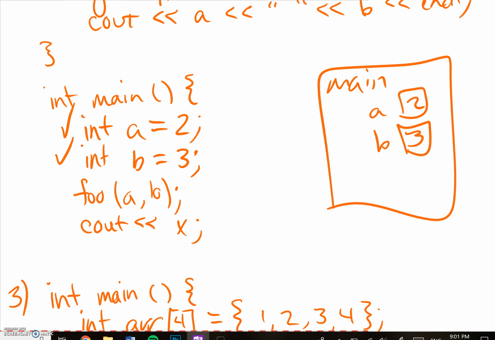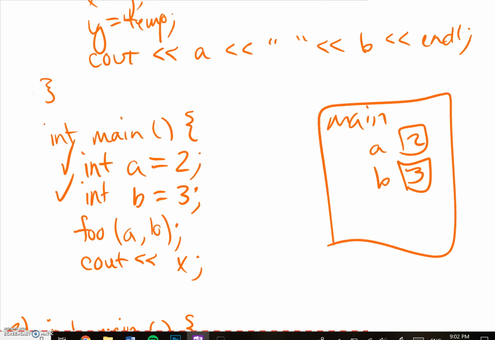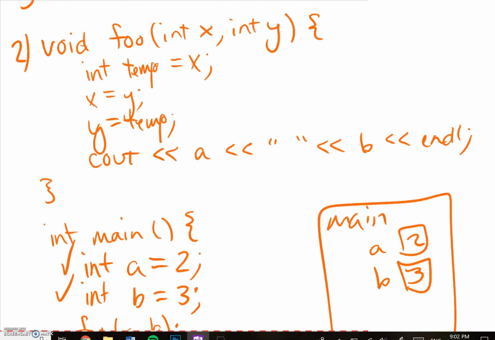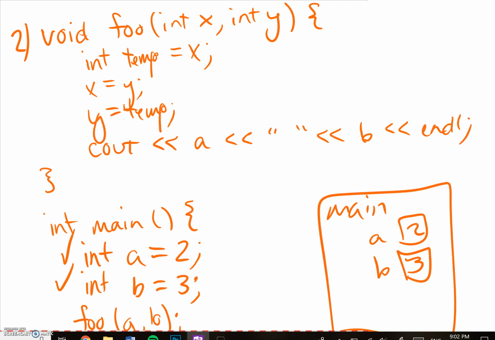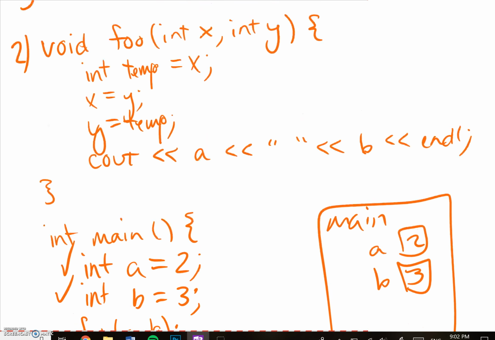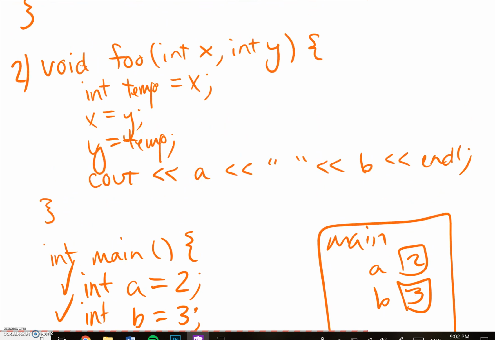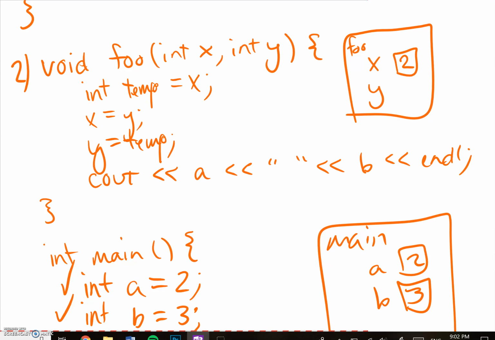Then we call a function that we previously implemented that has two parameters, x and y, so we pass in a for x and b for y. So what this is doing is within another function, so we can say this scope is separate from main. It creates a variable x which has the value of a, which is 2, the variable y which has the same value as b,